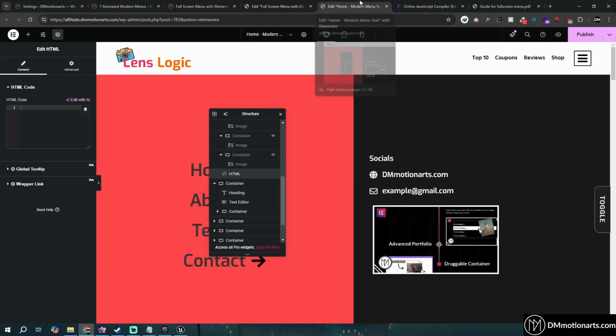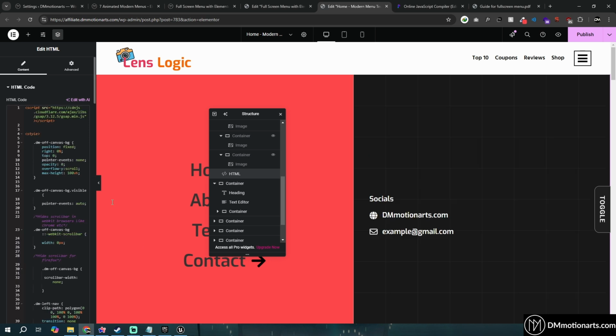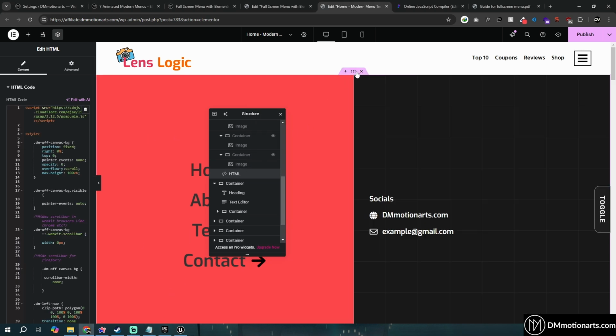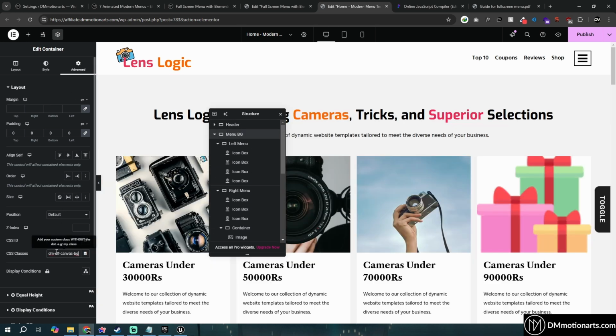Let's copy this. There's one more code that we forgot to add, which is DM off canvas, and it is for this whole container, like this. And you could see suddenly it just disappeared. Let's do publish. Sometimes doing preview does not work, which is kinda annoying. So to publish with GSAP,